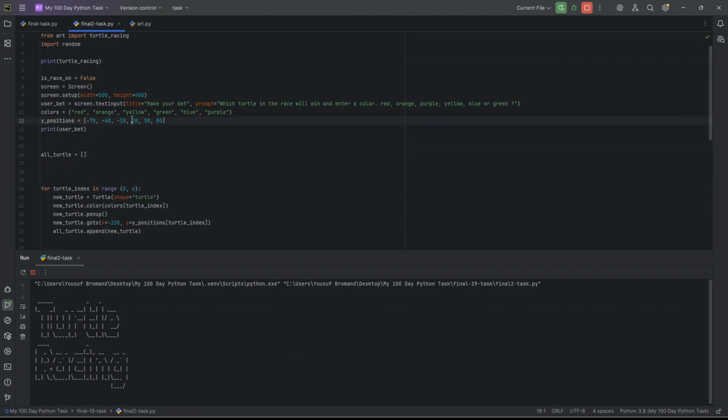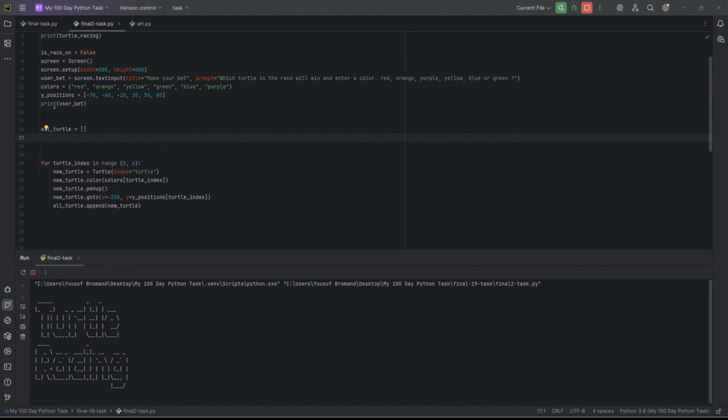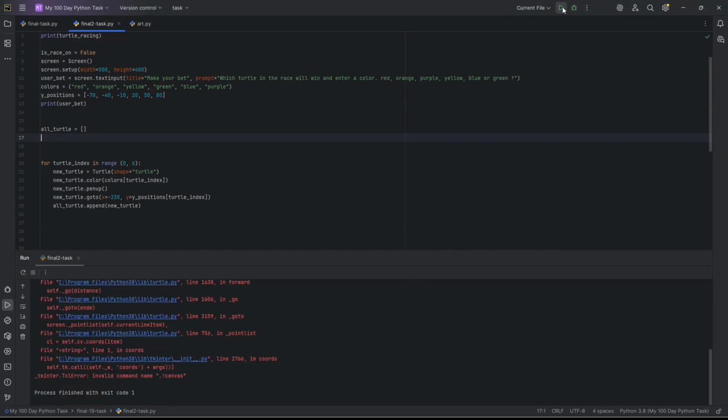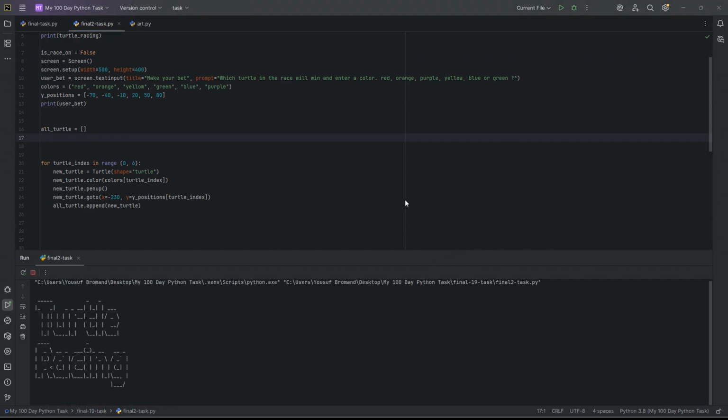And then print user_bet. Print this. Like when we write red, it's going to print red. When we write our bet, it's going to print our bet. And then